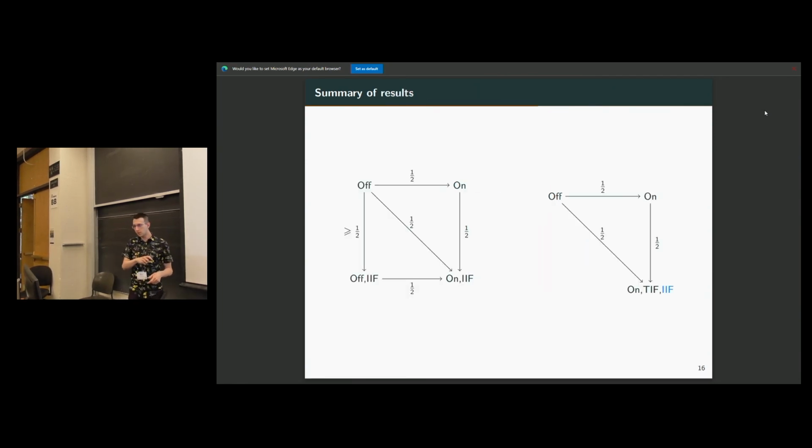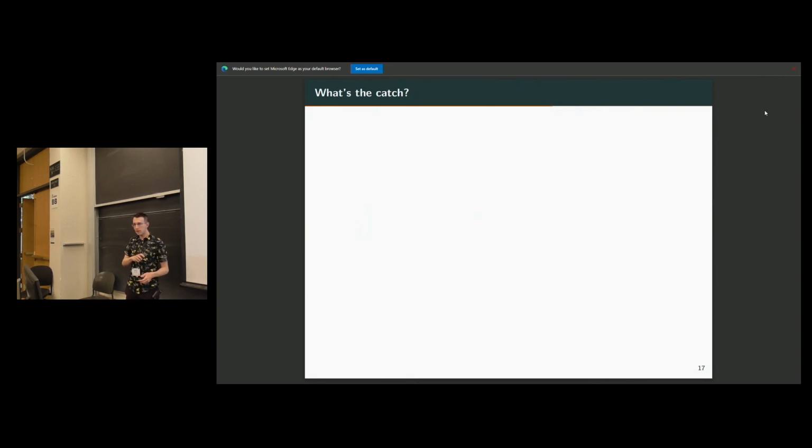So this is a summary of the competitive ratio results. And really quickly, what is the catch? So I managed to get 1/2 competitive and I get fairness, but there is something I'm missing here. All the algorithms I presented, like the IIF and the similar one for TIF, are randomized, and they have non-zero probability of hiring no one, which was not a problem in the standard setting because you could always hire the last person you see. But now if you do that, you're no longer fair. The last person will have way more probability of getting hired. So you cannot do that.